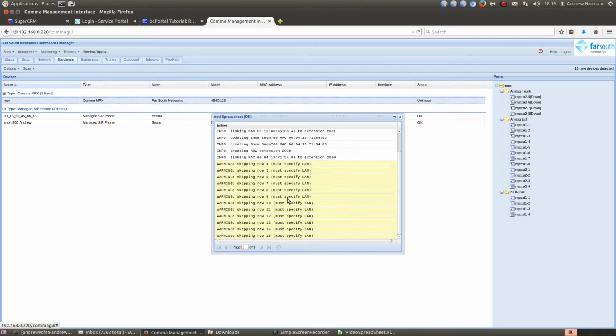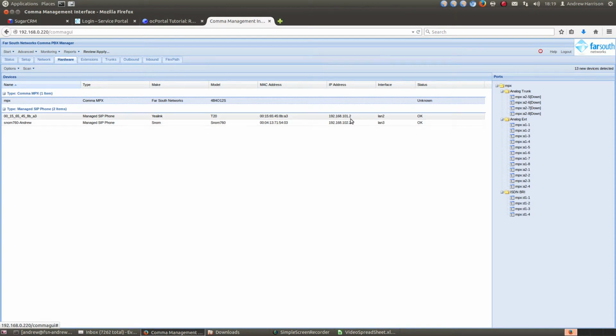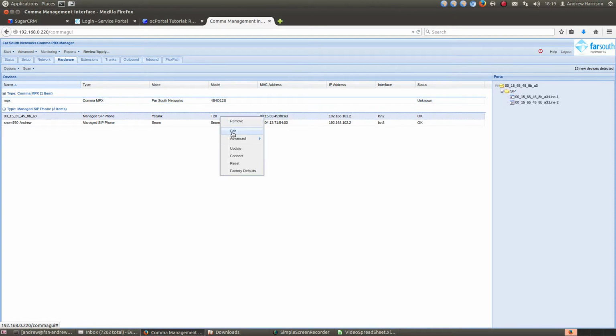These rows here that are being skipped are the MPX configurations. Unfortunately, with no LAN interface associated with an MPX, we can't configure MPX extensions via a spreadsheet. However, on an ITA, you can associate a LAN interface, and therefore on ITAs you can configure extensions via the spreadsheet. Anyway, looking at this, we can see that my phones have IP addresses,